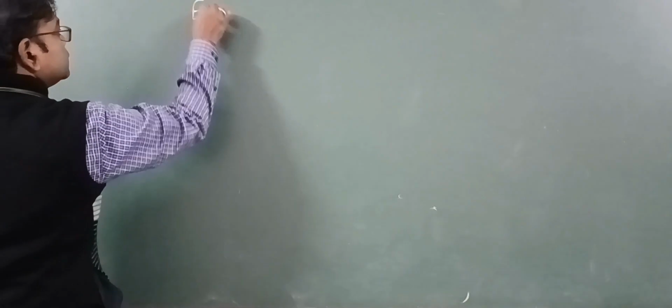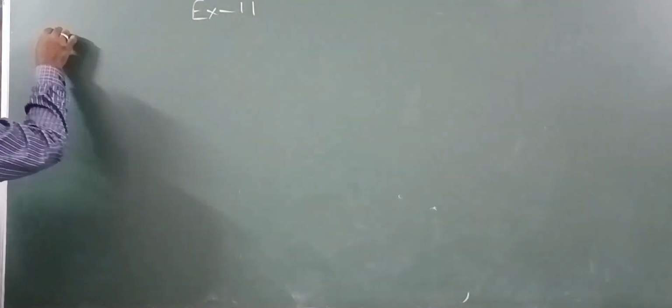Good morning, students. Now, in the last video we discussed the midpoint theorem and how to explain it. Today, as you are observing, we are going to discuss the first question of exercise 11 that is given in your book. It's exercise number 11, first question. In this question, it says that in the given figure, which is given in your book, I am drawing the figure on the board.